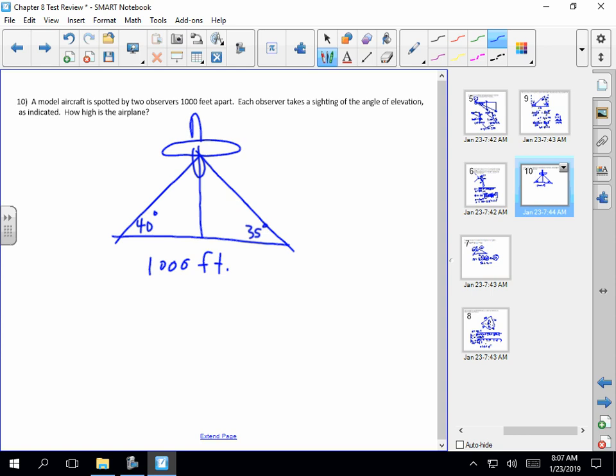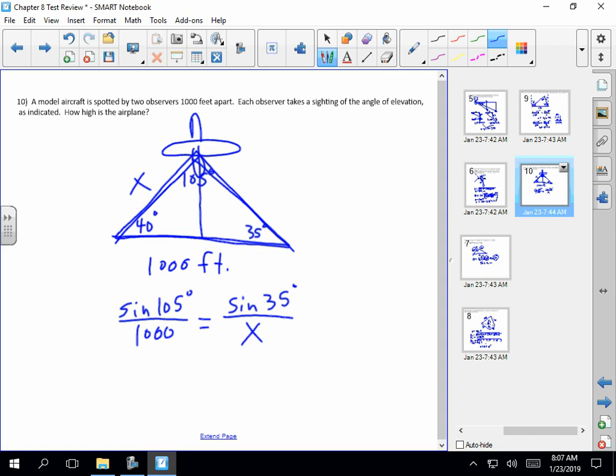So using the whole triangle, and the fact that this angle up here has to be 105 degrees, we can say sine of 105 degrees over 1,000 equals sine of, you can choose which one you want to do, but I'm going to do sine of 35 degrees over x over here. You could just as easily use sine of 40 over x and put the x over here as well. But solving for x, I get 593.8